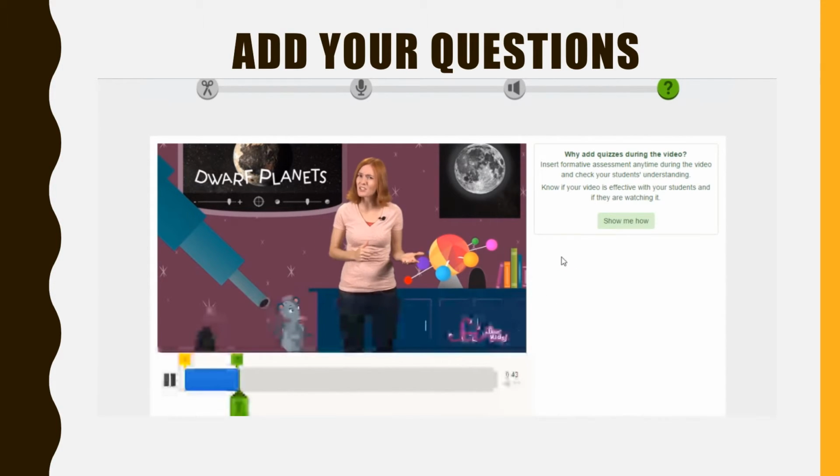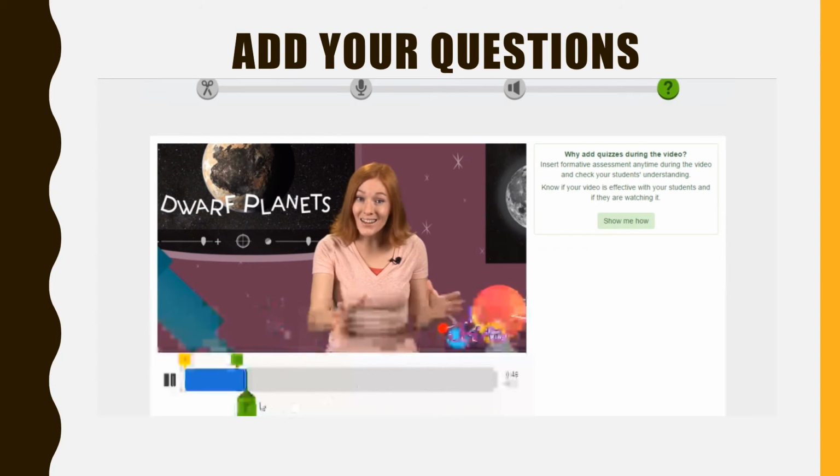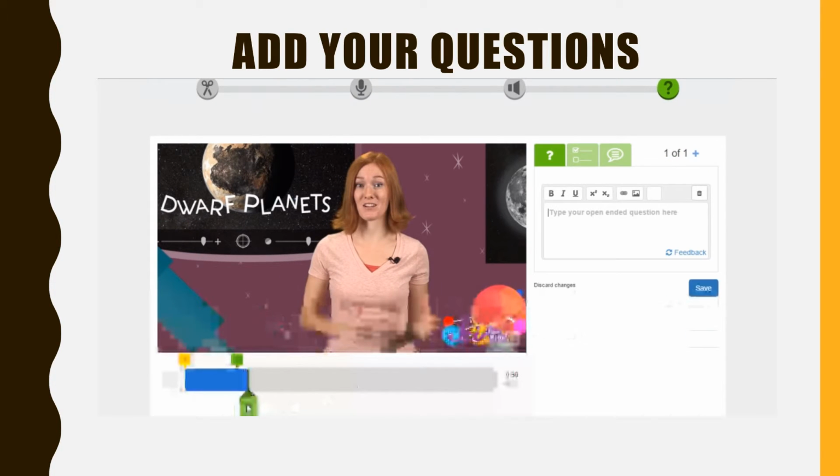Dwarf planets are actually a lot like regular planets. They all have basically a round shape, and they travel in a path around the sun. But unlike regular planets,